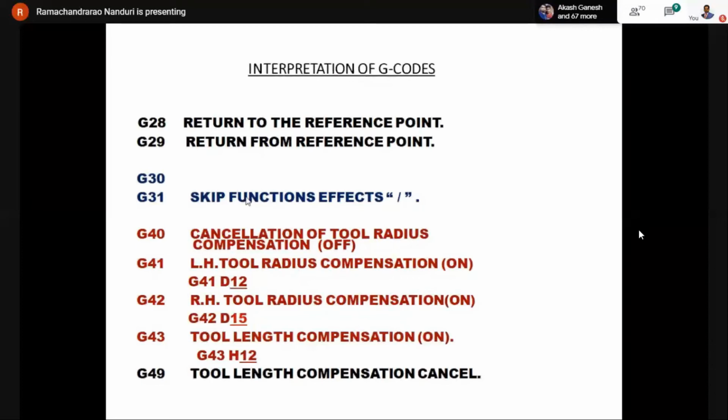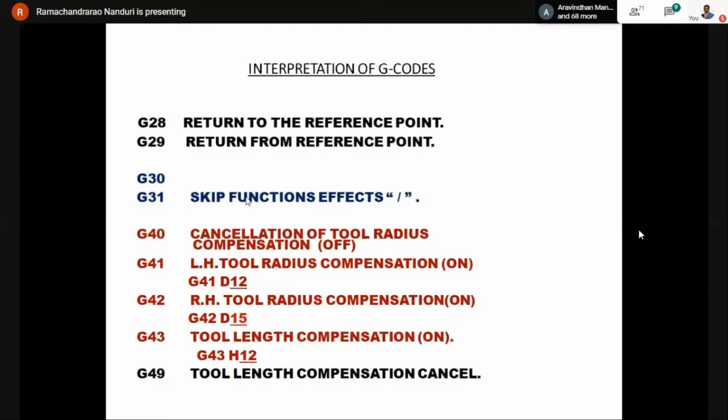G31, skip function, which is affected by the slash. Actually, it is a backslash. Suppose you have around 1,200 lines of part program, and you are using all the NC blocks during cutting action, and you have started the program today.